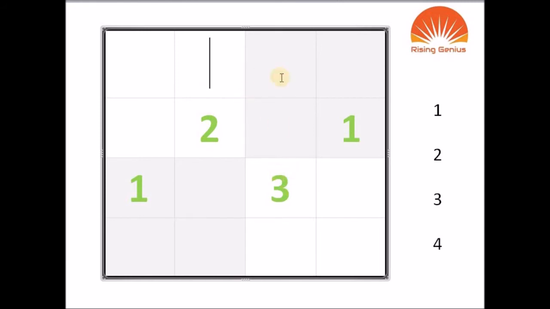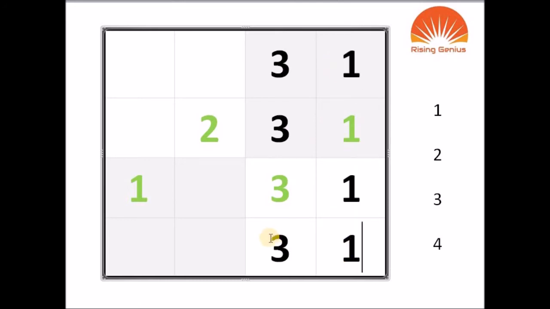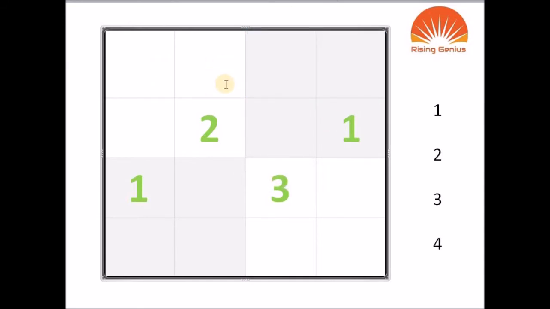Then, if you have 3 here, you cannot have 3 here. And if you have 1 here, you cannot have 1 here. Yeah. So, this will be wrong. So, you have to ensure that the numbers are not repeated in the big boxes, or the numbers are not repeated in any of the standing lines, or the numbers are not repeated in any of the sleeping lines. I hope this is very clear. So, this is the basic rule of Sudoku.